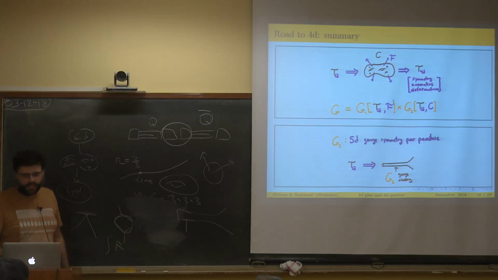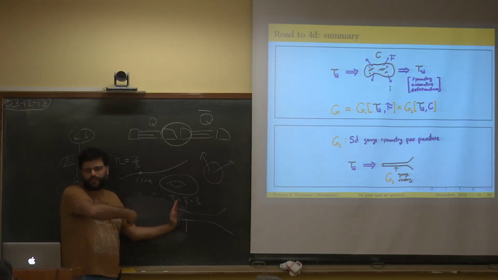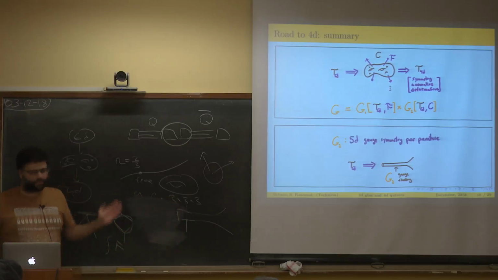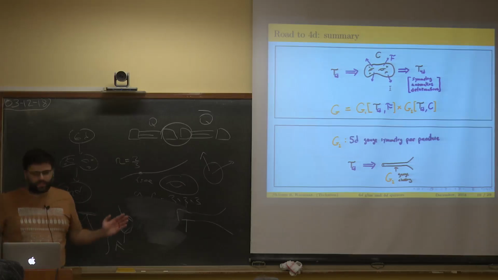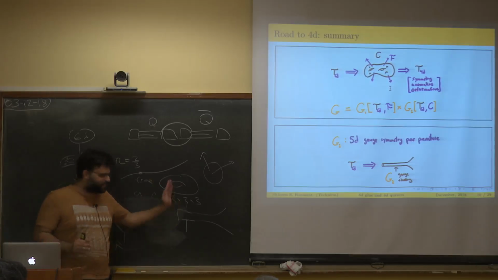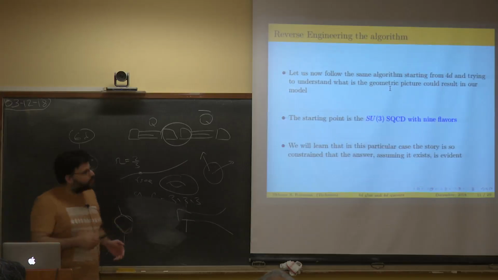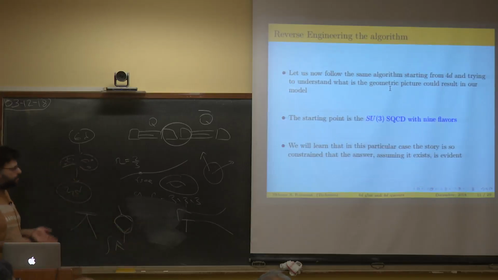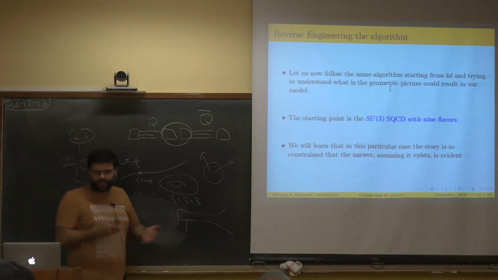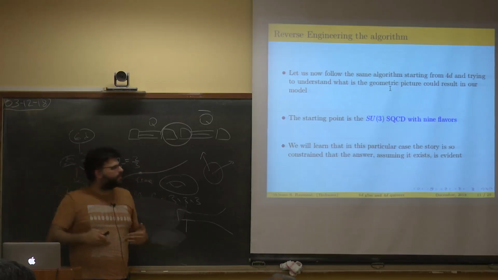Oh, I see. Okay, we can have other choices. For example, there are choices where we still have gauge symmetry. We don't freeze all of it. Some of it is dynamical, but there is actually a zoo of choices that you can perform. And all of these choices would give different theories in 4 dimensions. Not all of this is classified. This is the most simple choice that you can perform. Okay, so now what we want to do is to reverse engineer this algorithm, starting from our simple theory. So the question is, is there a 6D starting point which will give us this SU3